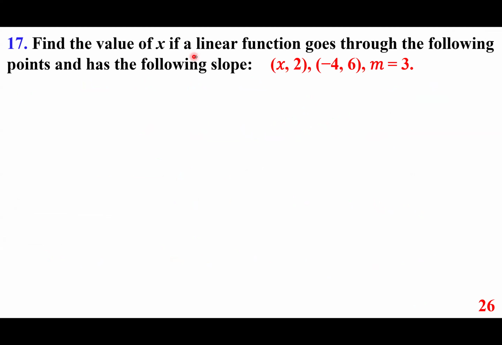Find the value of x if a linear function goes through the following points and has the following slope. So the pairs x comma 2 and minus 4 comma 6, m is 3. And so